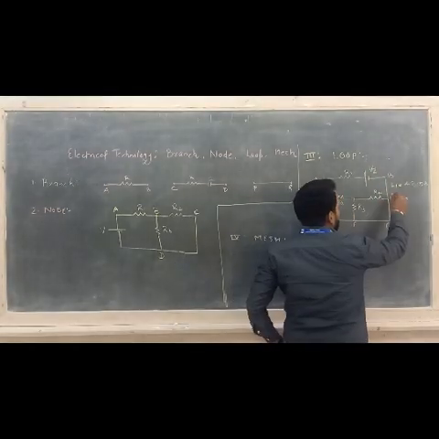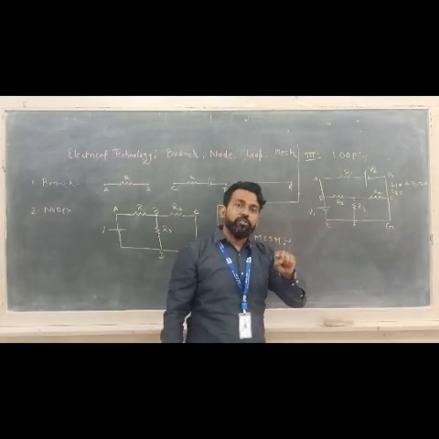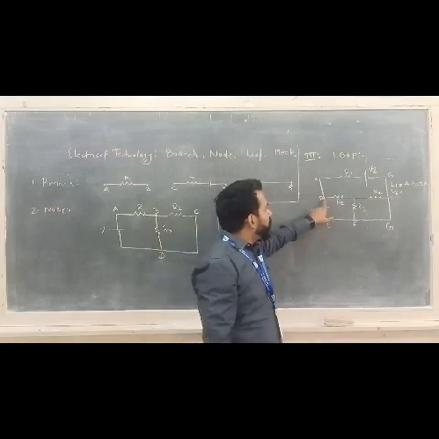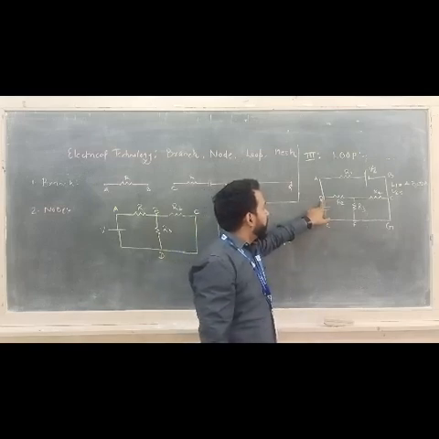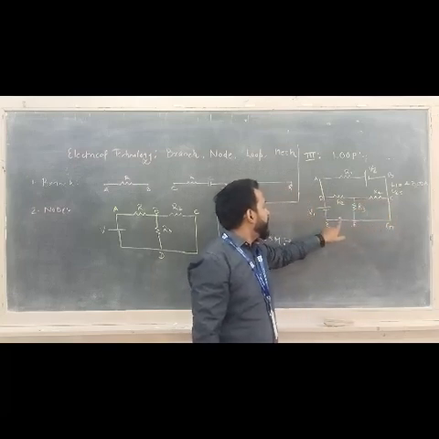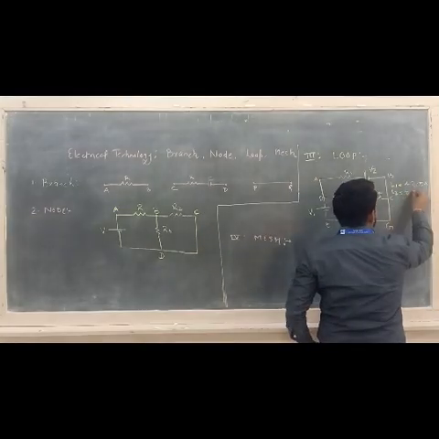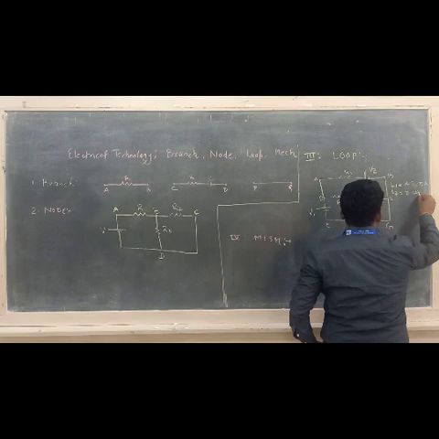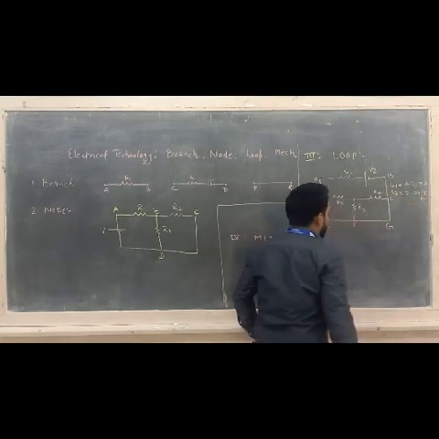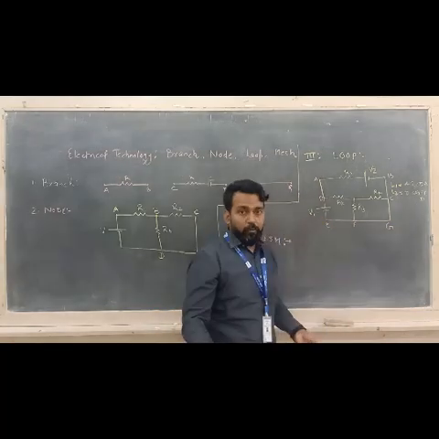The second loop present in the circuit, as I said, how will you identify the loop? Any closed electrical path can be termed as a loop. So the second loop which can be identified is B, C, G, F, E, D. So, D, C, G, F, E, and again D. Got it? Now, there are other loops which are also present.